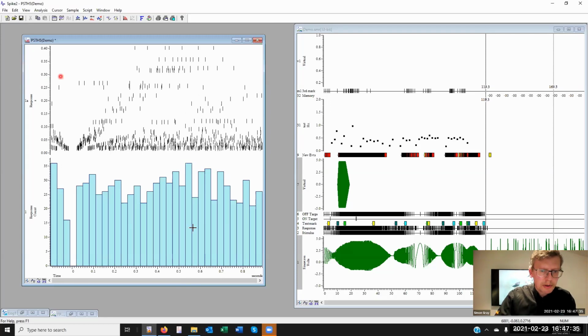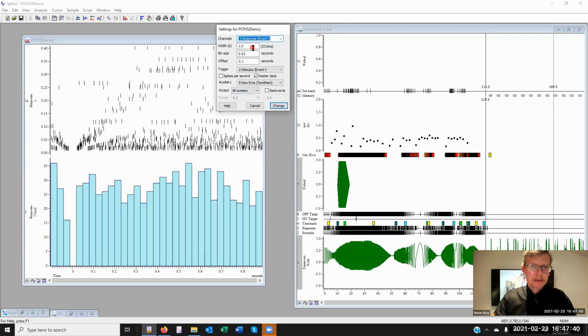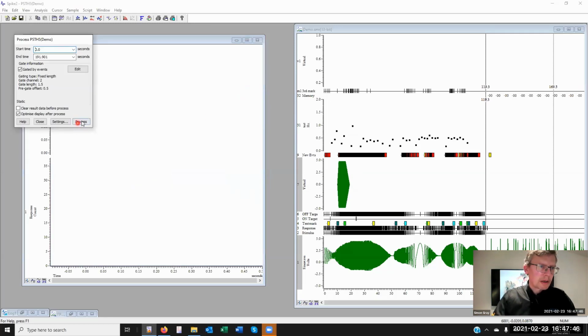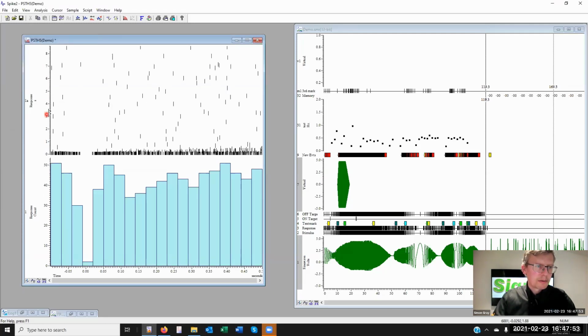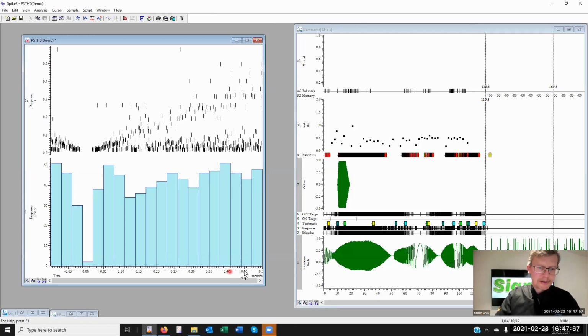All right, okay, you've defeated me. Let's change the process settings, 0.6 again, and not gated process, that's better. Okay, right, so much for practice. There should be a nice line of symbols indicating the position of each of those